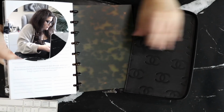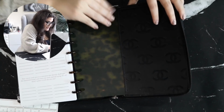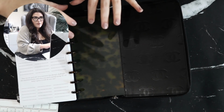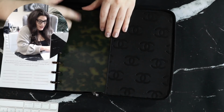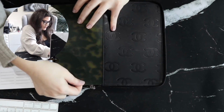Now, something I didn't mention with the other planner that I should probably mention right now, the other Chanel planner, is that these planners are not sized like A5 or half letter necessarily. So when I have a disc agenda cover, I have to always cut it down so that it fits properly